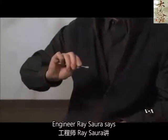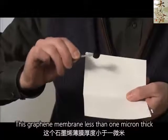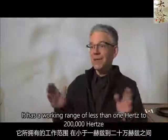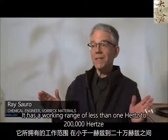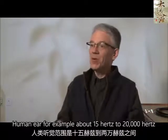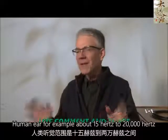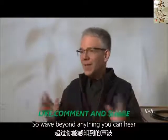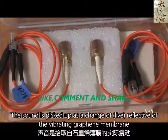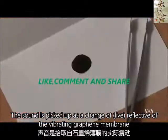Engineer Ray Sauro says this graphene membrane, less than 1 micron thick, can pick up vibrations no other membrane can. It has a working range of less than 1 hertz to 200,000 hertz. The human ear, for example, can hear from about 15 hertz to 20,000 hertz, so way beyond anything you can hear. The sound is picked up as a change of light reflected off the vibrating graphene membrane, so there's no